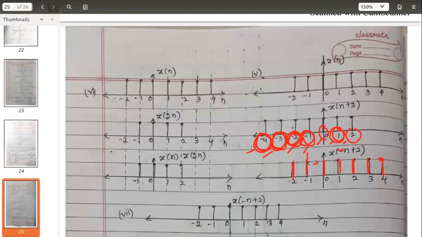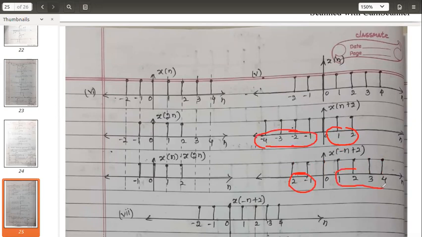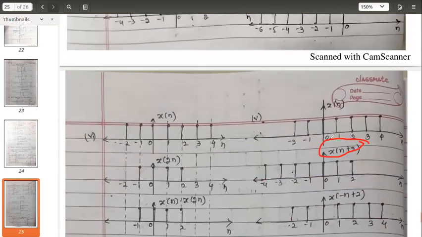All positives will become negative, all negatives will become positive. Check it. These positives have become negative, and these 4 samples, the times are negative. Here 4 samples, times have become positive. The total number of samples should be 7. 6, 7. So this is x of minus n plus 2. So any doubts here? We need this result and one more.